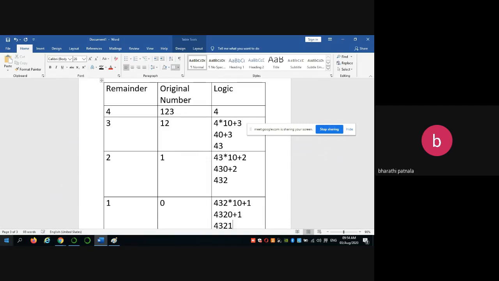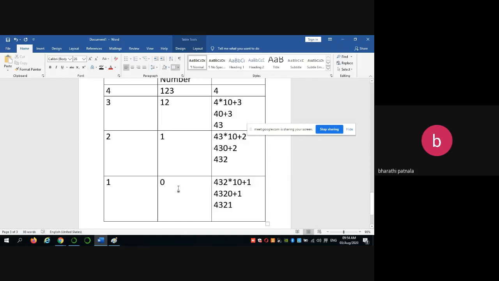So that is 4321. Okay, so this 4 has to move from units place to tens, tens to hundreds, hundreds to thousands.